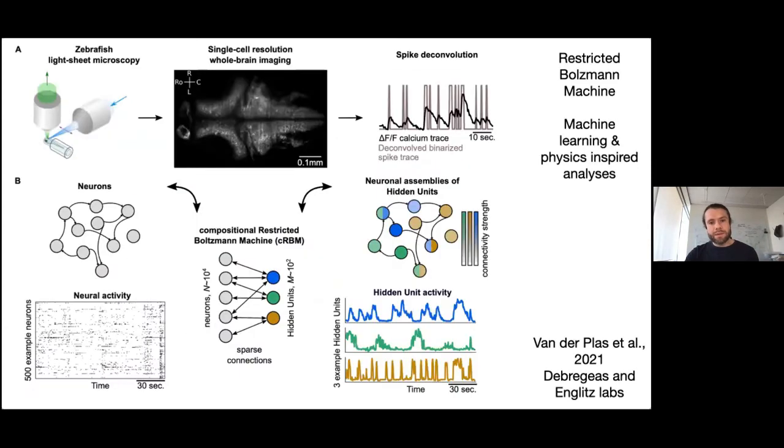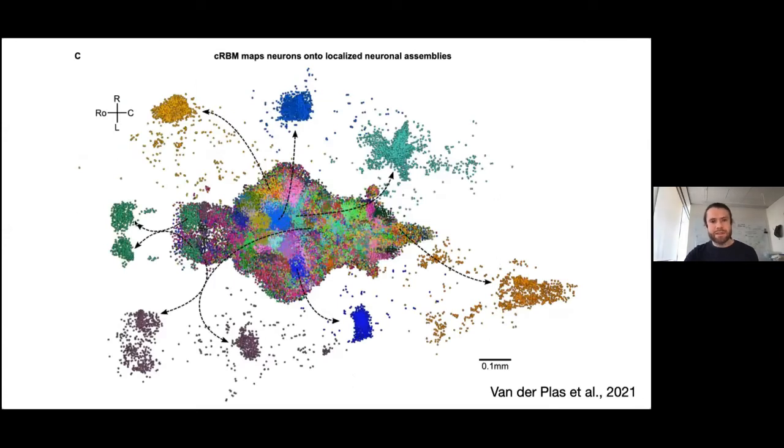So this would be a temporal representation of the data, and this would be a spatial representation of the data, where by mapping back in some sense the basis functions for these hidden units, or the receptive fields as they call it, we can look for functional structure in the brain. And the nice thing is that because we have completeness, you can recapitulate both functional and anatomical clusters. So some of these clusters,